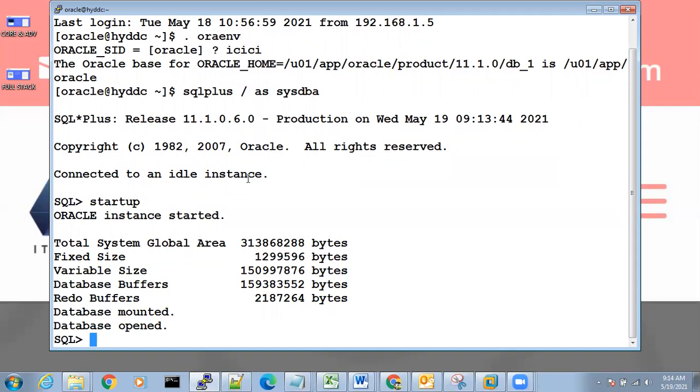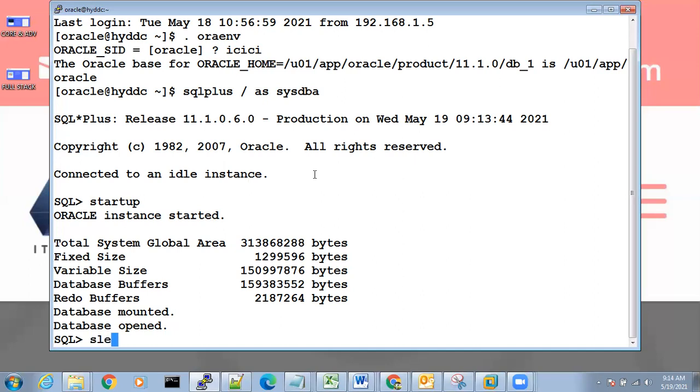Only when a user is connected to the database can the user perform these SQL operations, right?